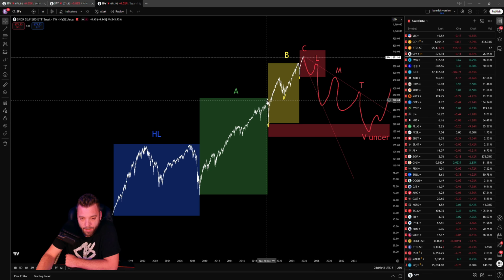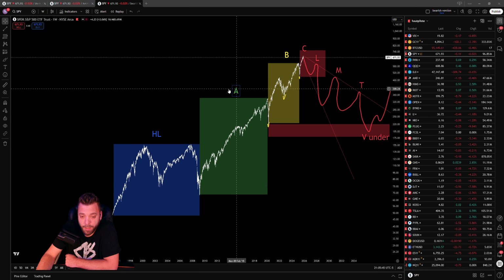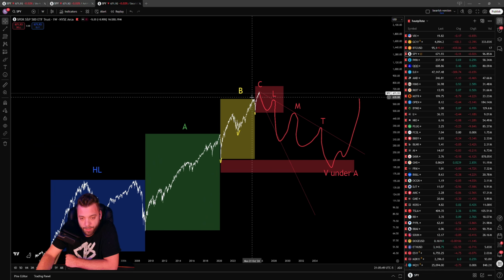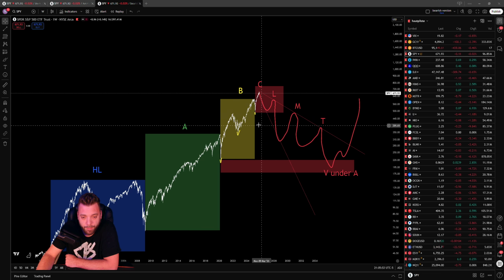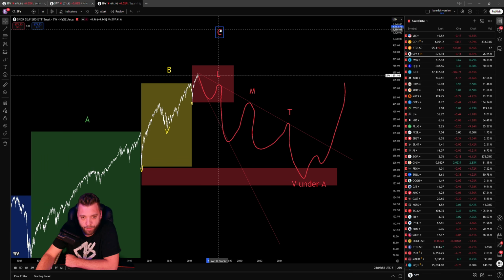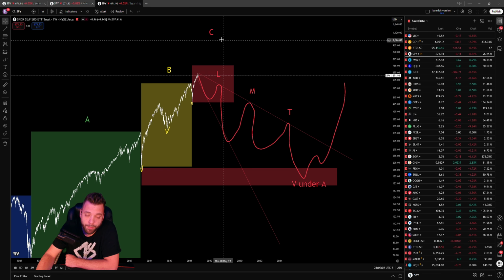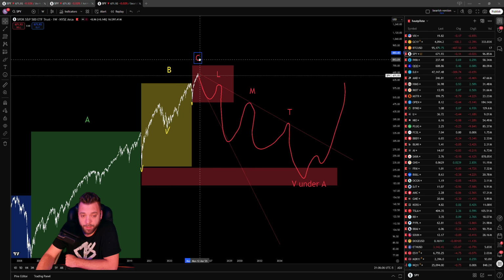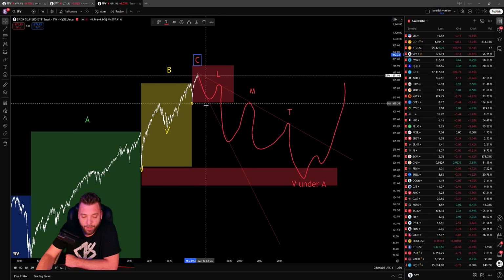From 2009 till 2020, this was just your big A. And from 2020 to 2025 was just your B. And right now, we would look for our C peak for the bullish version or for the bearish version on